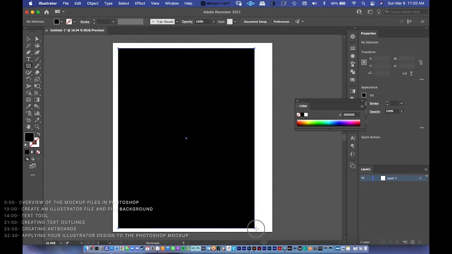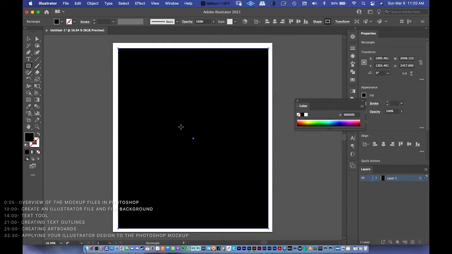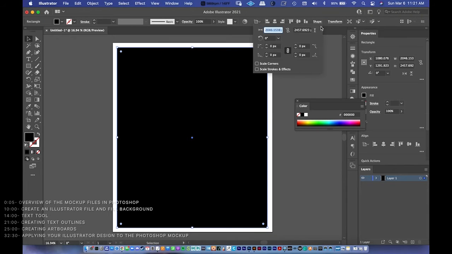And I'll just draw a box, it doesn't need to be perfect right here. What I'm going to do is use these align buttons right here, and then the shape transform tools to get this thing to fill up the object. This is only going to take a second. So I just use the rectangular tool, make a box right there, go to shape, and then type in 2175